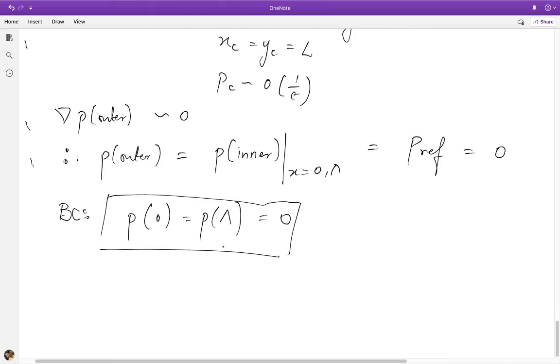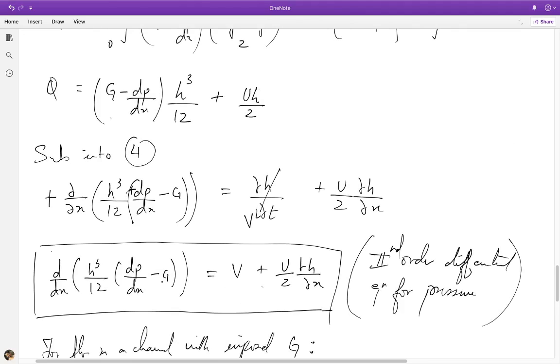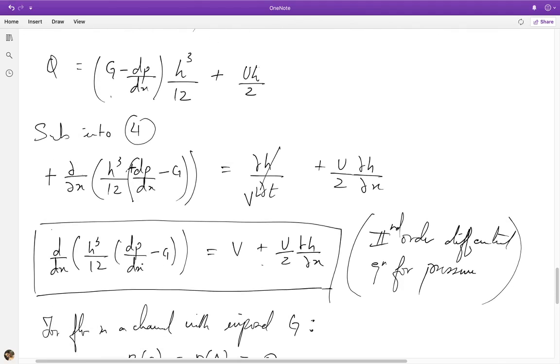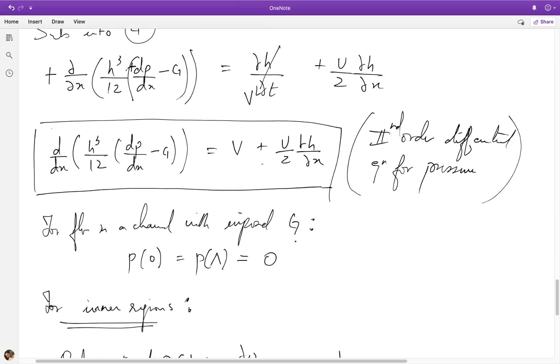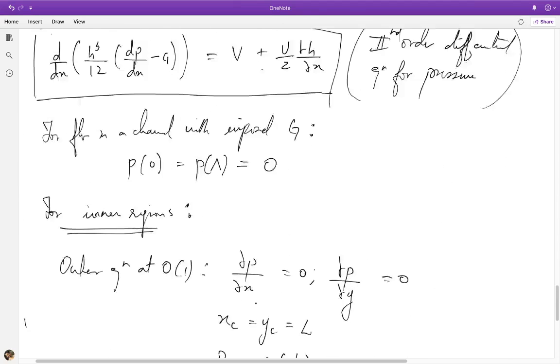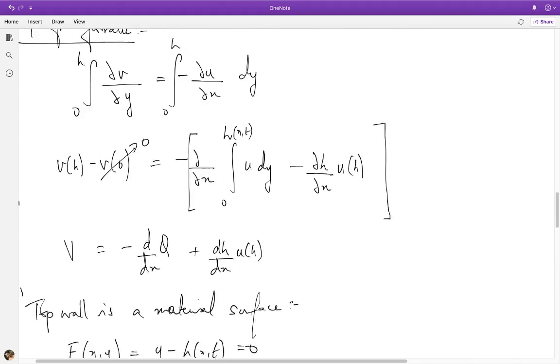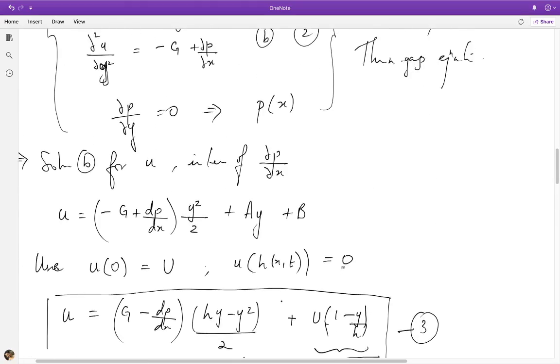And so now basically I have P equal to 0 at both ends as suitable boundary conditions for this pressure equation, and therefore for a given situation I can solve this pressure equation and obtain the pressure field, and from there I can go back and calculate the velocity field, both u and v. So that brings us to an end to the general theory of the thin gap approximation, where you see the theory really boils down in simple terms to having the